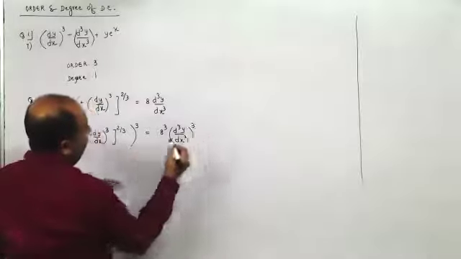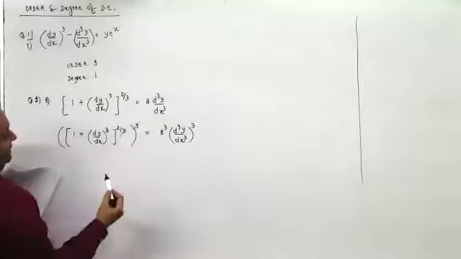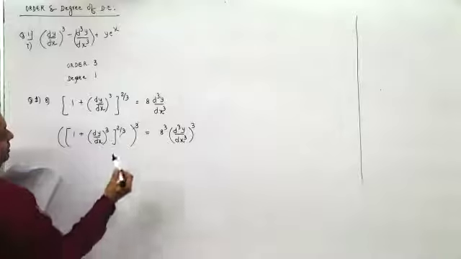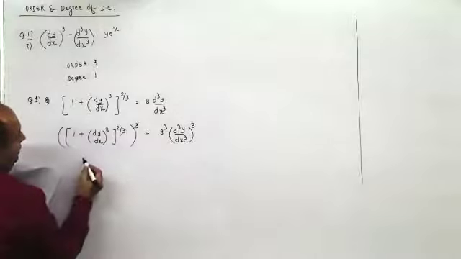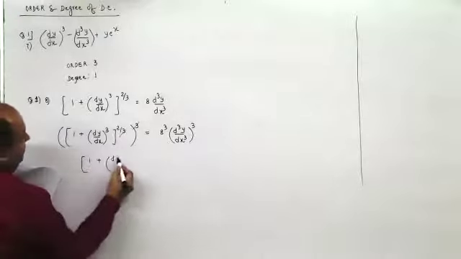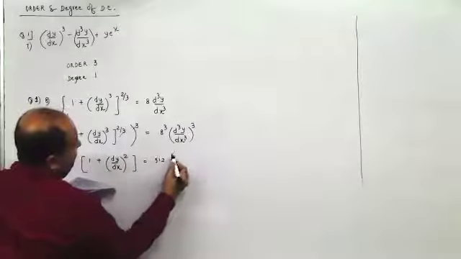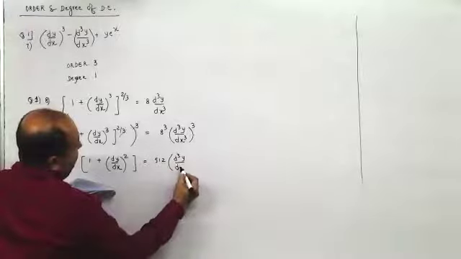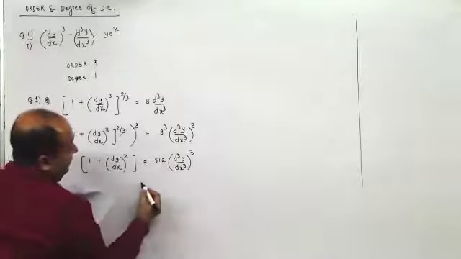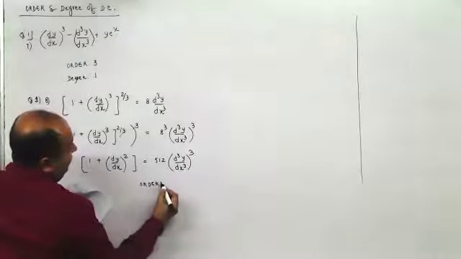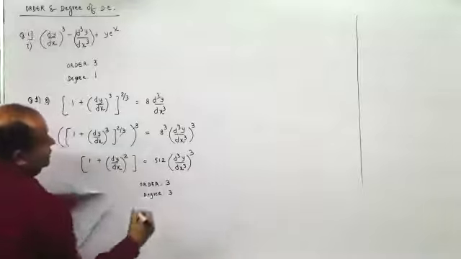the whole cube. Now, these two would get cancelled. You are left with this. So here, remember, you are left with 1 plus dy by dx, the whole square. And this is 8 cube, which is 512. This is d cube y by dx cube, the whole cube. Now, which is the highest order derivative here? D cube y by dx cube. So that is the highest order derivative, that is 3. And degree is the power of this highest order derivative. So that is also 3.